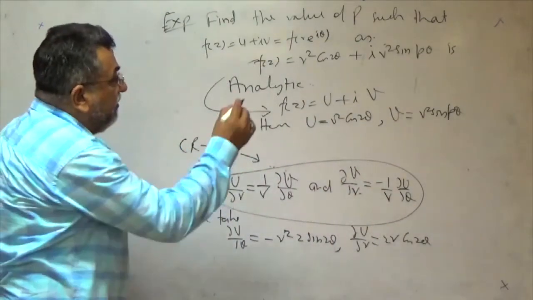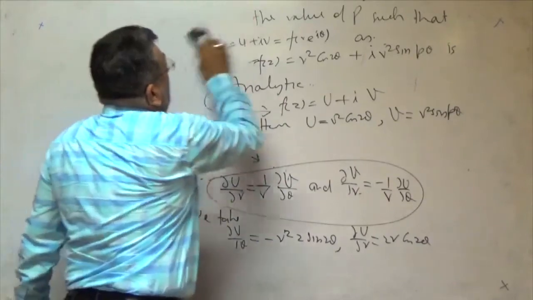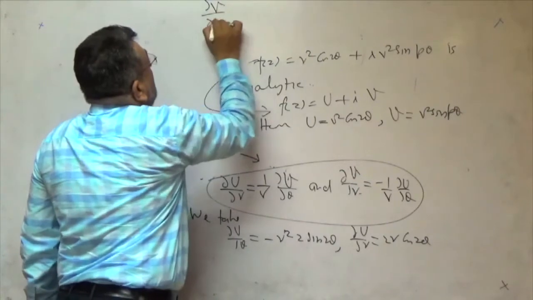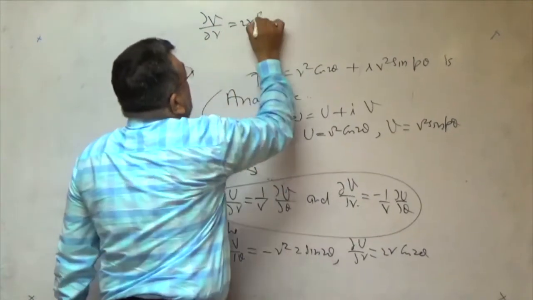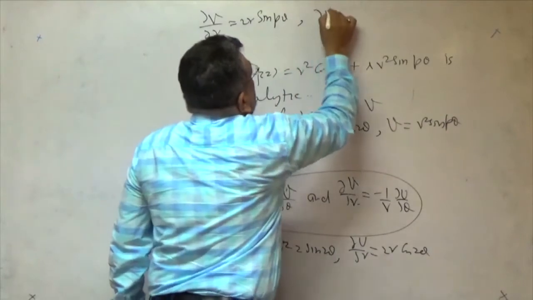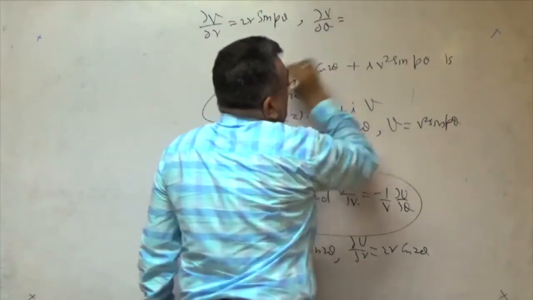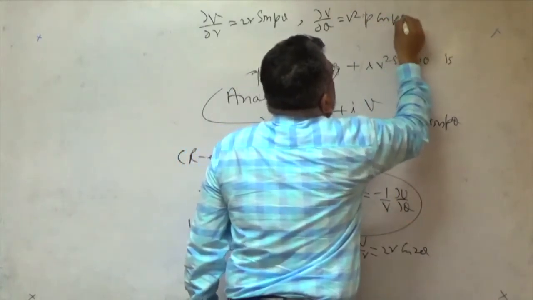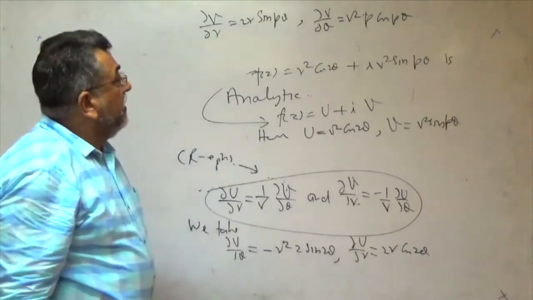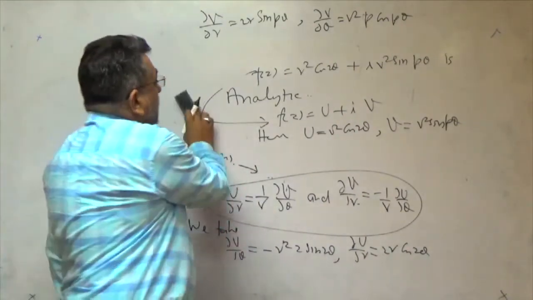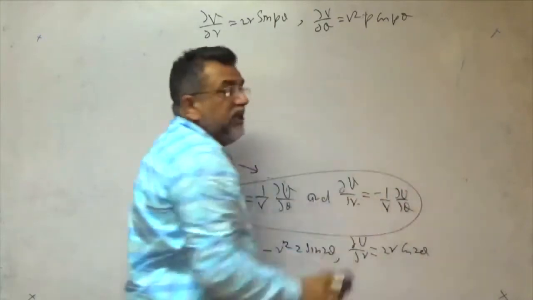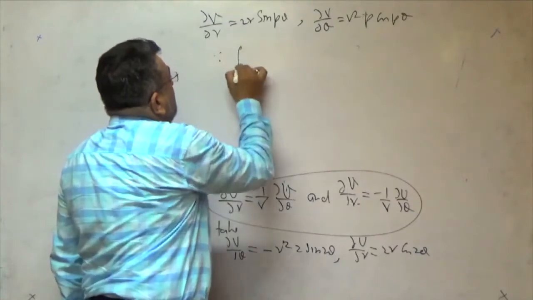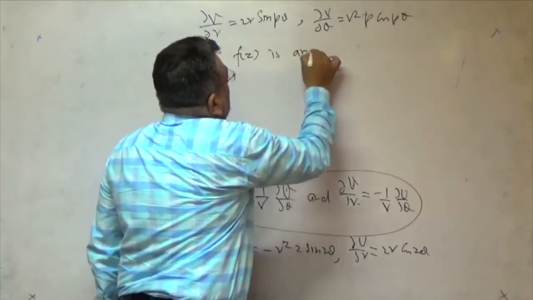And we also find the partial derivatives of v. Del v by del r is 2r sin pθ, and del v by del theta is r² p times cos pθ. These are the partial derivatives. And now, if the function is analytic, then these must satisfy the CR equations. Since f(z) is analytic,